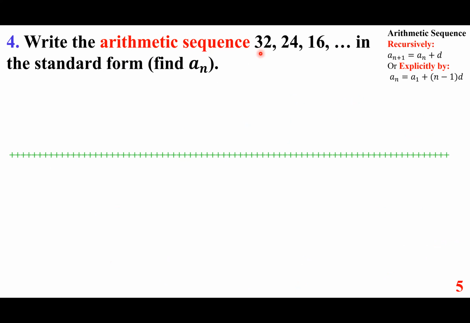Write the arithmetic sequence 32, 24, 16 in the standard form, meaning find a sub n. So again, just reminding you that a sub n plus 1 means a sub n plus d, a constant distance, they call it, or a difference, or in general, a sub n is a sub 1 plus n minus 1 times d. So notice the first term, a sub 1, is 32, and the difference here